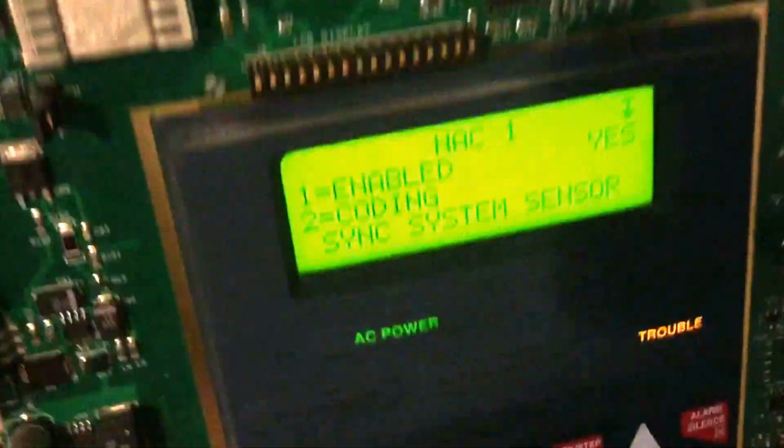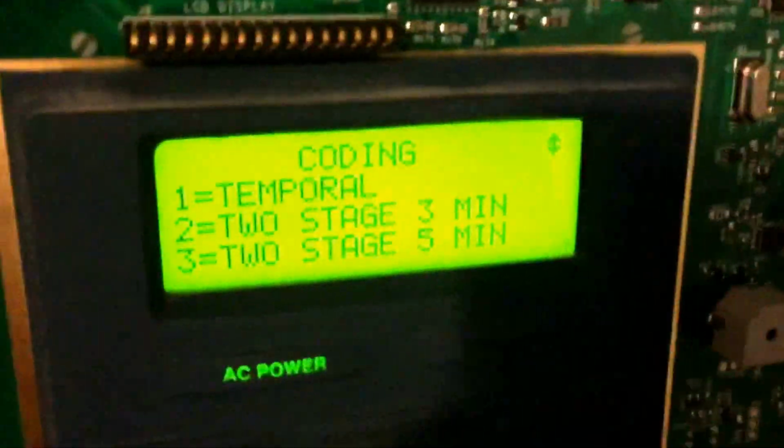So if you guys can help, that'd be awesome. Okay, so let's just talk about NAC 1 since I have that hooked up right now. You can disable it if you would like. The coding options: steady, which is continuous, march time, California, temporal, also known as code 3, and then